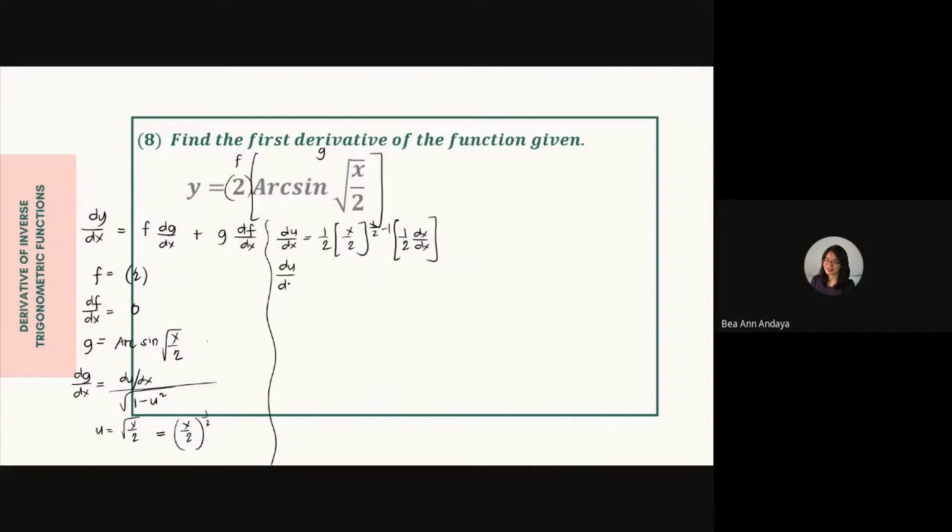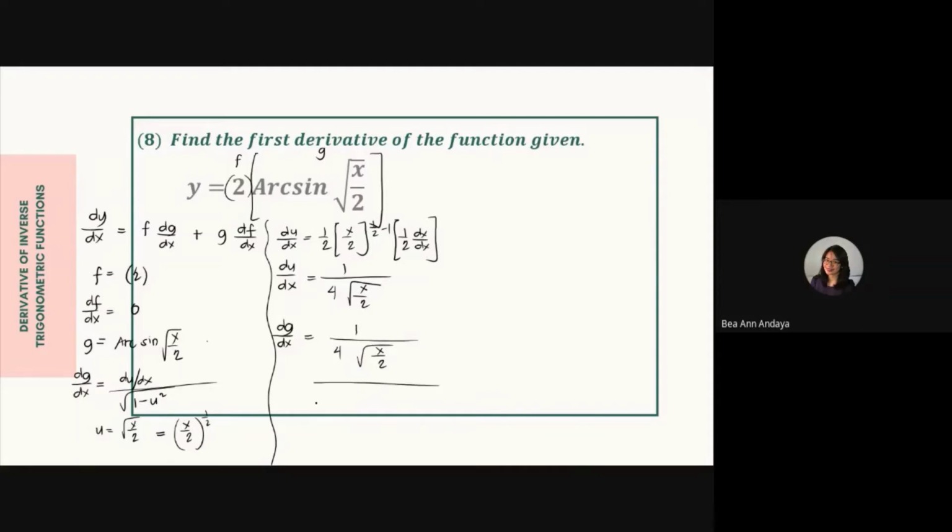The derivative of u with respect to x is equal to, we have 2's here, so magiging 1/4 yan. And, meron kang 1/2 minus 1 or that is negative 1/2, so magiging denominator ulit yan, the square root of x all over 2. So, itong du all over dx na to ay yung value pa lang dito sa portion na ito. So, substitute natin. Balik tayo sa dg all over dx, equal yan sa ito na mismo. So, ilagay natin yan as 1 all over 4 square root of x all over 2, and it is further